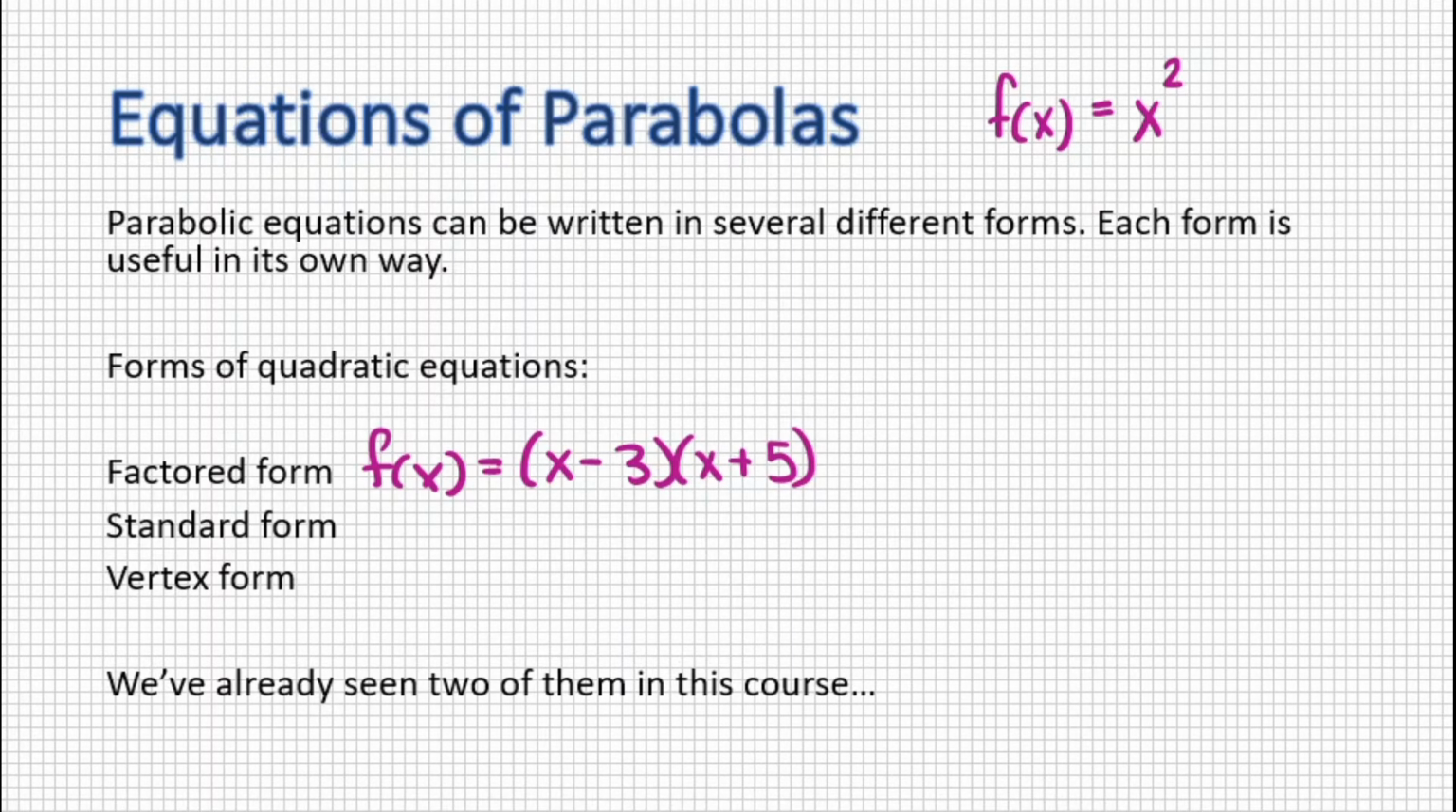And if we wanted to change that graph into the same equation but in standard form, we'd use FOIL or our array to expand it, and we would create this equation. Different forms of the equation, same graph. If we wanted to make that into vertex form,